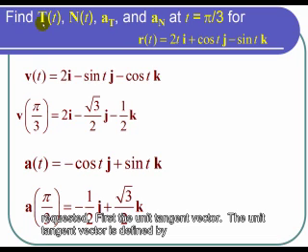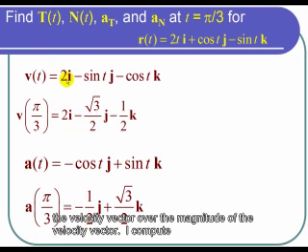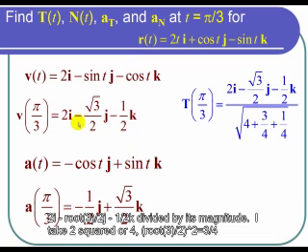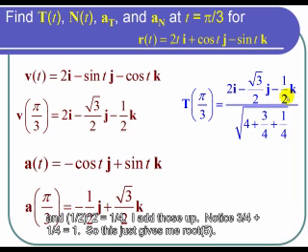First, the unit tangent vector. The unit tangent vector is defined by the velocity vector over the magnitude of the velocity vector. So I compute 2i minus root 3 over 2 j minus 1/2 k divided by its magnitude. I take 2 squared or 4, root 3 over 2 quantity squared is 3/4, and 1/2 squared is 1/4, and I add those up. Notice 3 over 4 plus 1 over 4 is just 1, so this just gives me